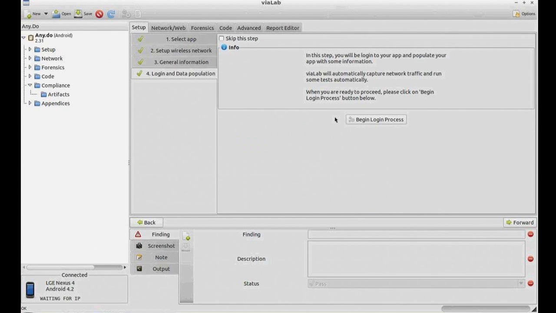This is the login and data population step, and this is a very important step. Once you hit begin login process, it's going to begin capturing network traffic and log files, and the analyst at this time would sign into the application and use all of the different features within the app. So for example, if it's a banking application, you would sign in, check your accounts, initiate transfers, maybe do a check deposit, test all of the different features,